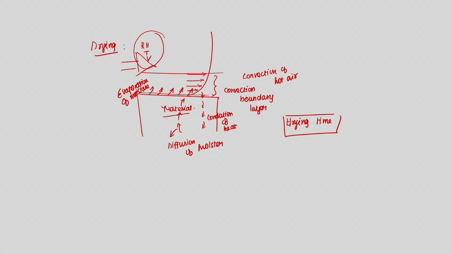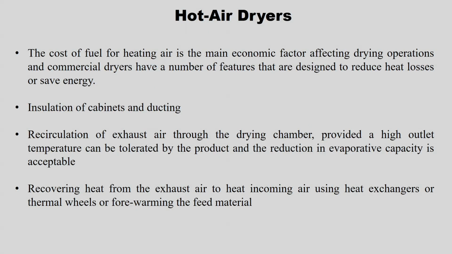But in food material, most of the time, the rate at which the moisture evaporates near the surface may not be equivalent to the rate of diffusion of moisture from the interior to the surface of the food material, because of which the constant rate period may not even appear in most real foods. So, mostly drying will be done under the falling rate period. Okay. So, now we are going to see the dryers.